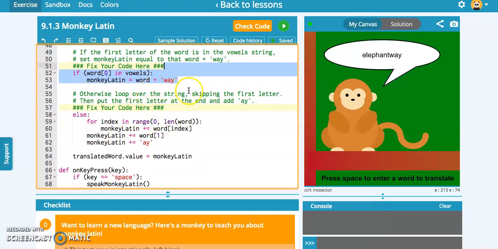Otherwise, loop over the string, and remember the otherwise case, right? If the first part's a vowel, then this is for the consonants and anything else, if you happen to start a word with a number or something like that, or a symbol. But this includes the consonants. Okay, so if we get a consonant, we want to skip the first letter and then put the first letter at the end and add a. Well,